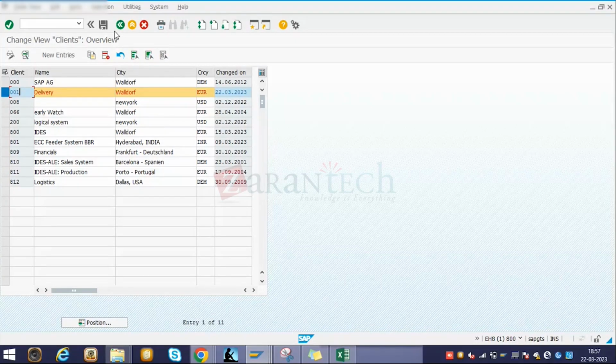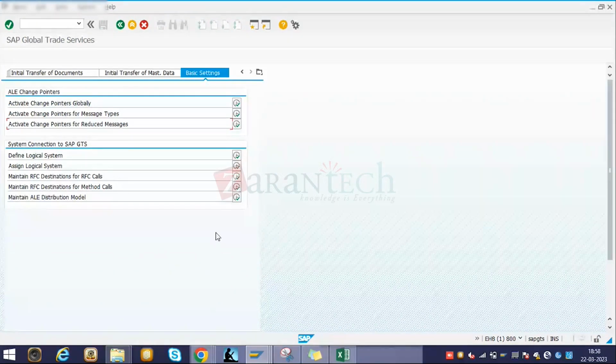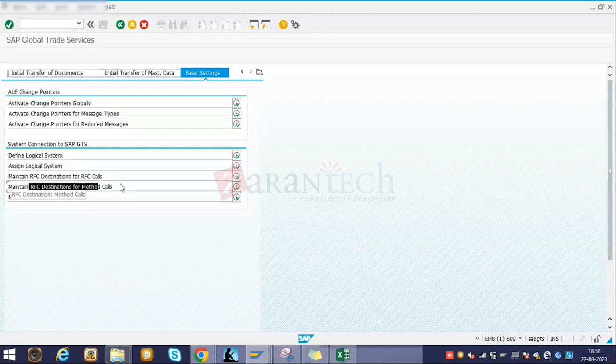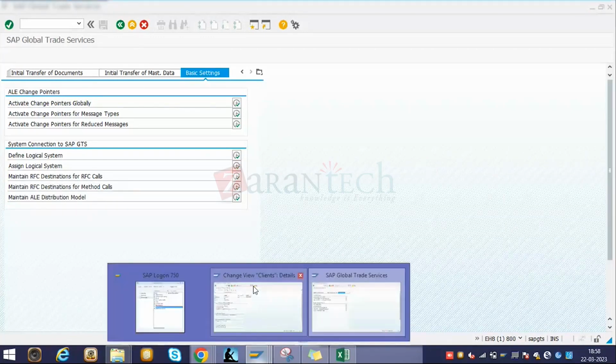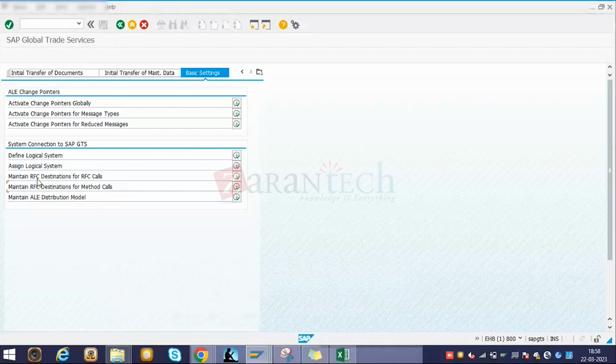All right. Now, maintain RFC destination and method call. So these two also, maintain RFC destination, RFC destination for method call. These two also we have to perform in both the systems. My feeder system, so currently I'm in the feeder system in ECC. And if I go to the GTS,